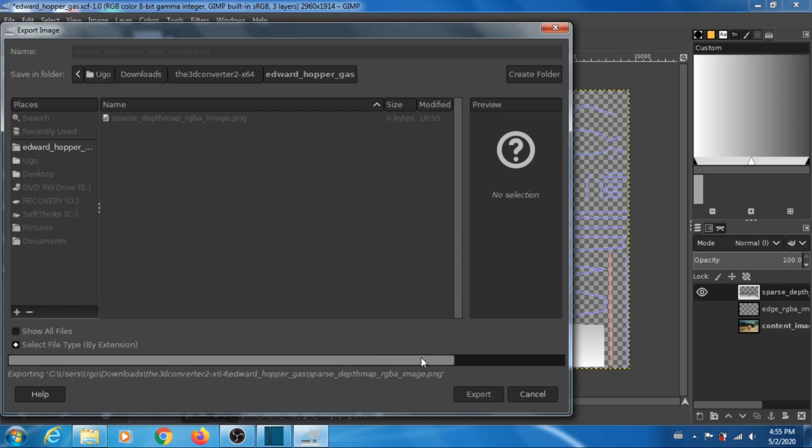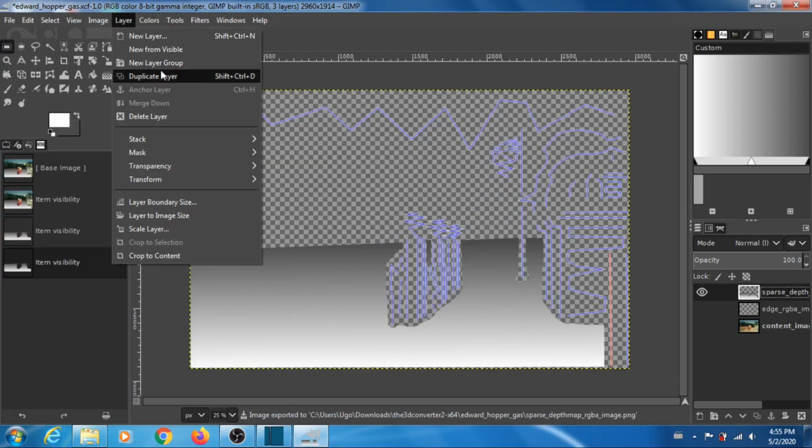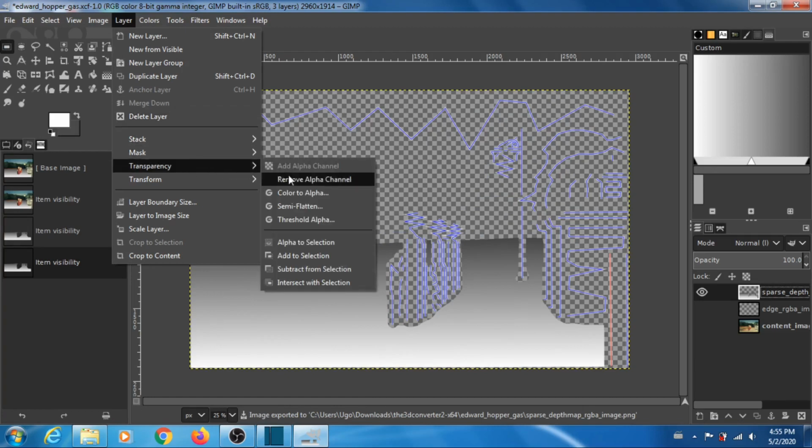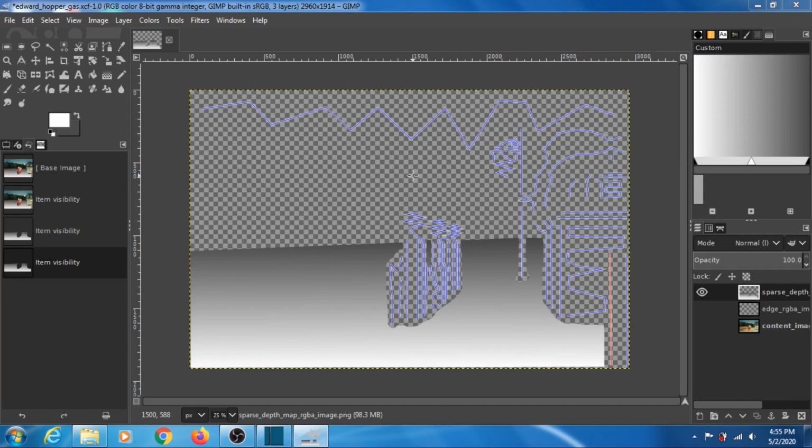But before you export that sparse depth map, make sure that there are no half opaque, half transparent pixels by doing layer, transparency, threshold alpha. Click OK. Otherwise the 3dconverter2 is going to complain. I'm canceling here, but yeah. So okay, now next,